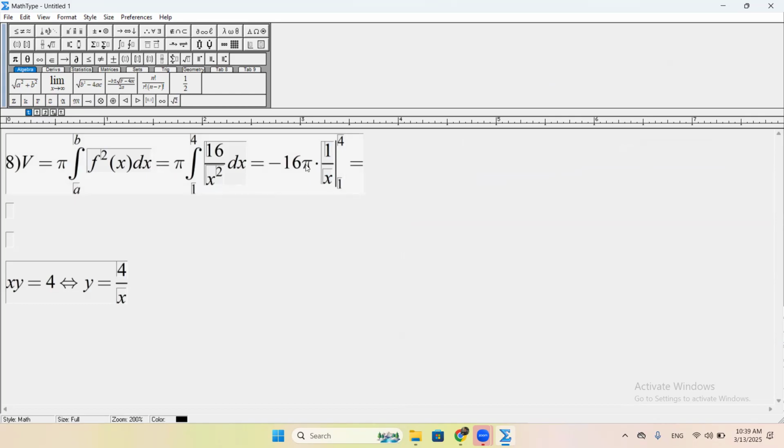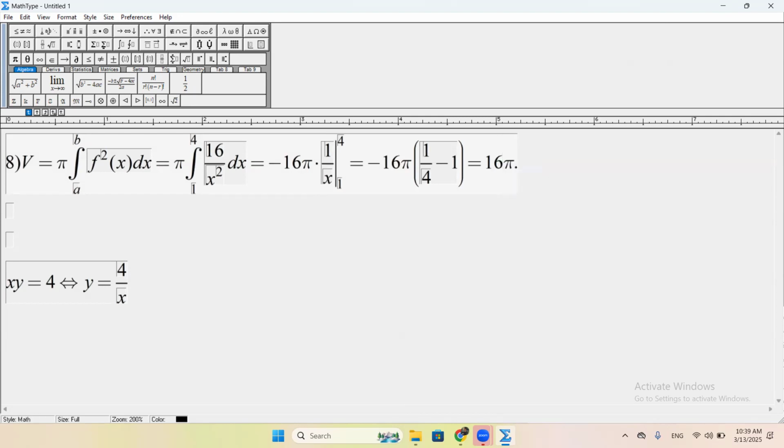So minus 16p times, 1 over 4 minus 1, and it will be 16p